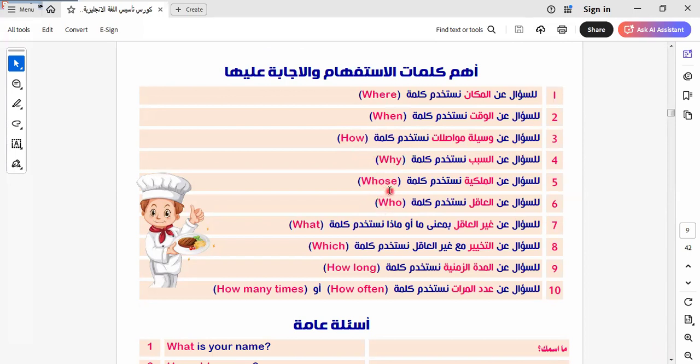What is position? Some of you say, what does position mean, Miss Iman? A position means something belongs to me. And I will give you a simple example that we use in our classroom: whose book is this? Whose pen is this? And so on. If someone lost a book in your classroom and you find this book or this pen, say whose book is this, or whose pen is this, or whose pencil is this, and so on.